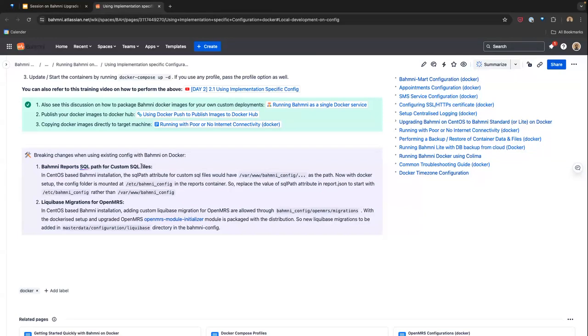So one would be the reports, Bahmni reports SQL path. In CentOS-based installations, the path for custom SQL queries is as follows. But with the Docker setup, we've mounted it to this path in the reports container. So we can replace the value of SQL attributes in report.json to start with this file path rather than